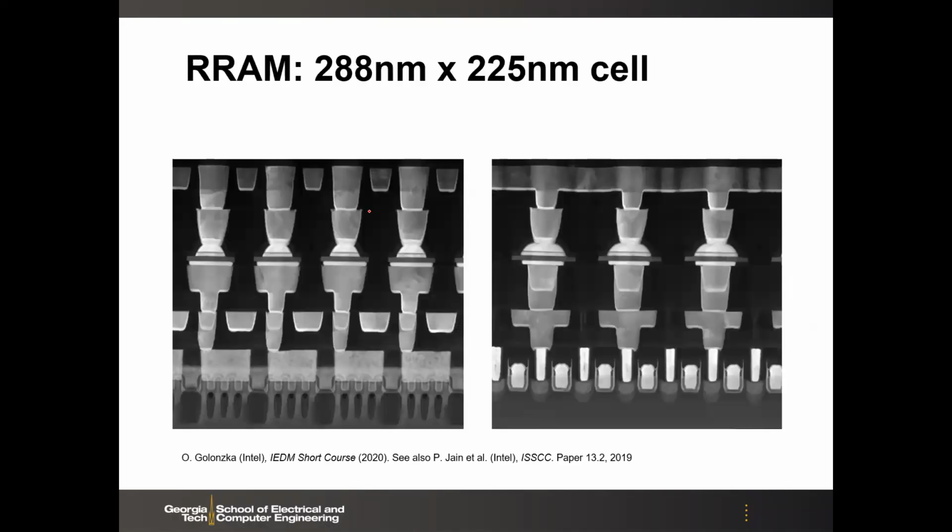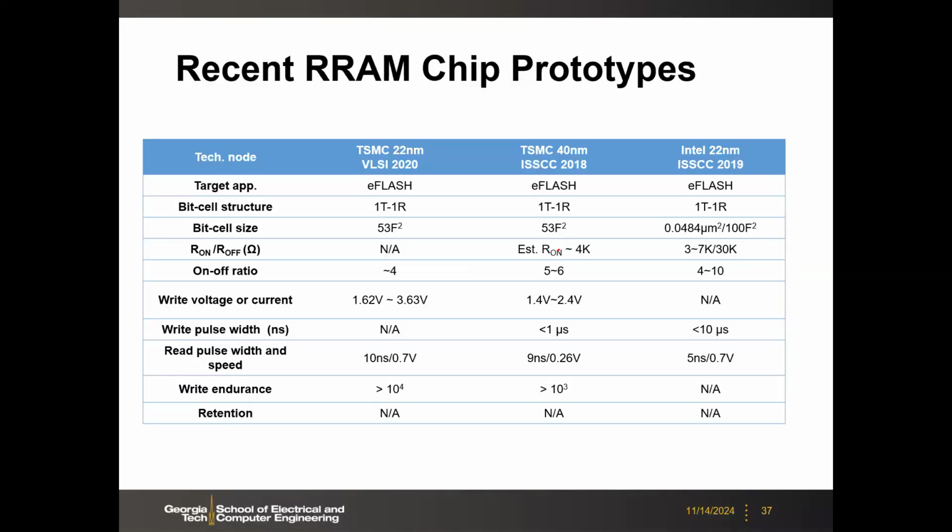So more views. Pretty nice images here. Okay, so here I try to summarize the TSMC work, which also later published, migrating this technology from 14 nanometer to 22, and now 22 is their main commercial offering. And they offer both 40 and 22, and their target is embedded flash, an eFlash replacement as an embedded